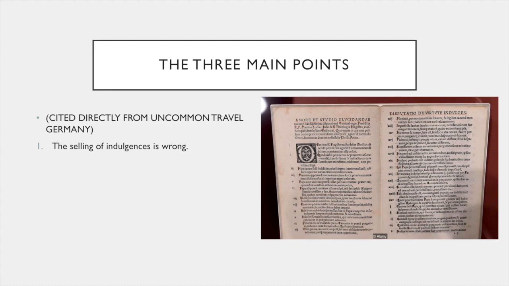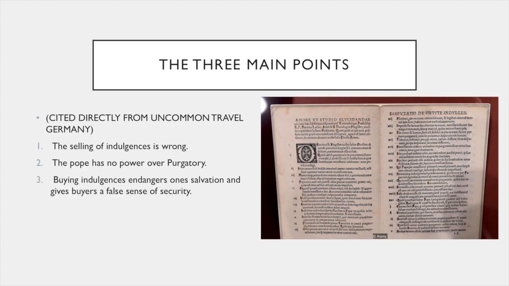2. The Pope has absolutely no power over purgatory. These indulgences did not make guilt disappear. Penance and remission of guilt can be done without indulgences. The Pope can only, quote-unquote, remove those penalties which he himself has imposed on earth. It's noted that Luther thought the Bible did not give the Pope the right to interpret anything for himself, but only to spread the word of God.